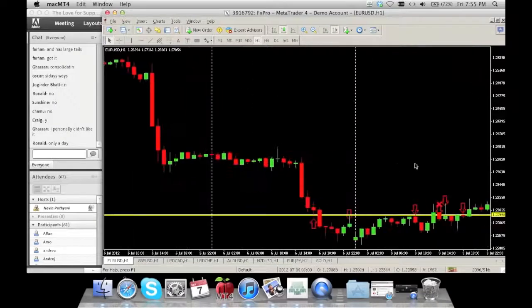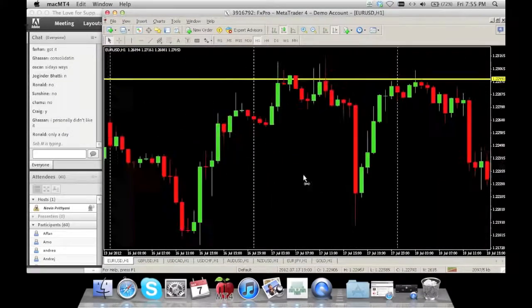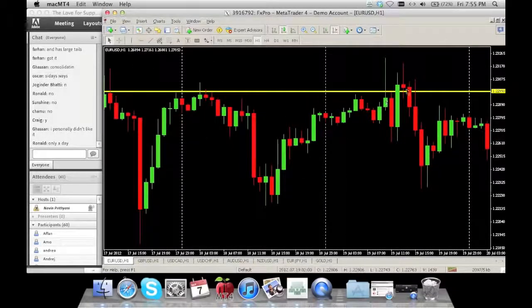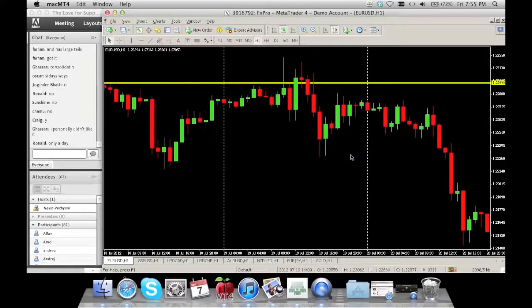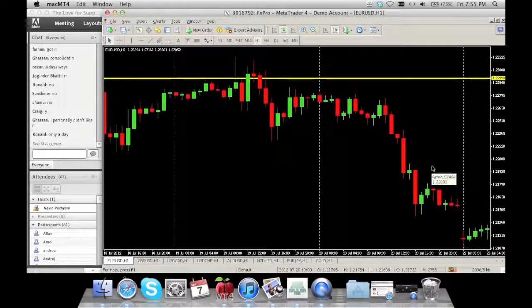Let's go back. So we know this area has some level of significance. Okay, the resistance does quite well. Okay, a little body is closing outside. Okay, so and then we have some more here. So we know that it does hold as resistance for a little bit, but it's weak. This level is weak. Okay, when it's weak, what does it mean for you? Okay, can the market break through this level?